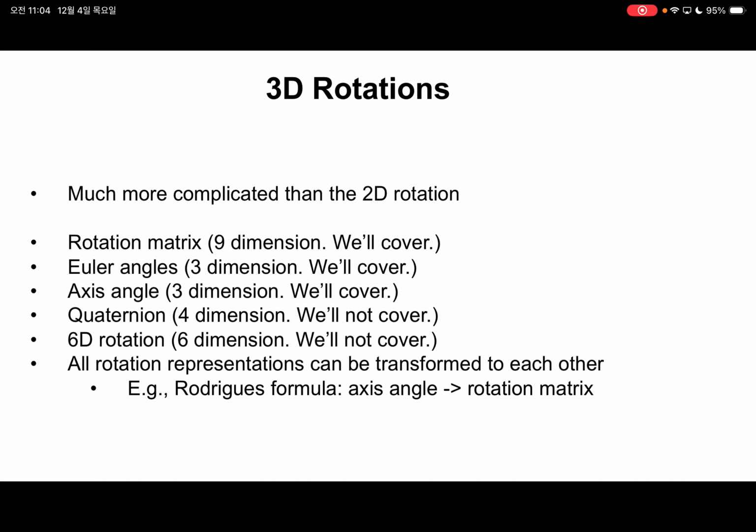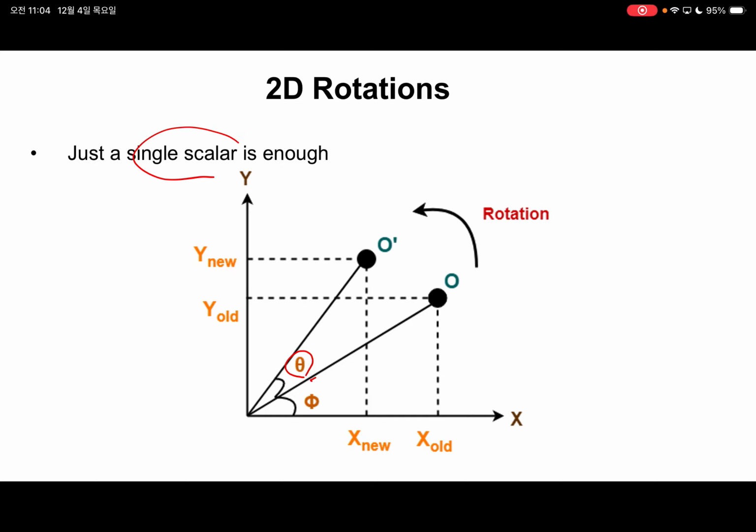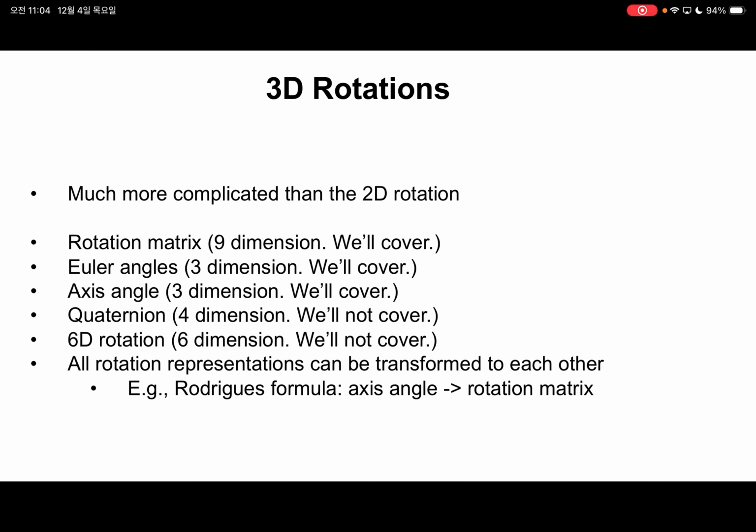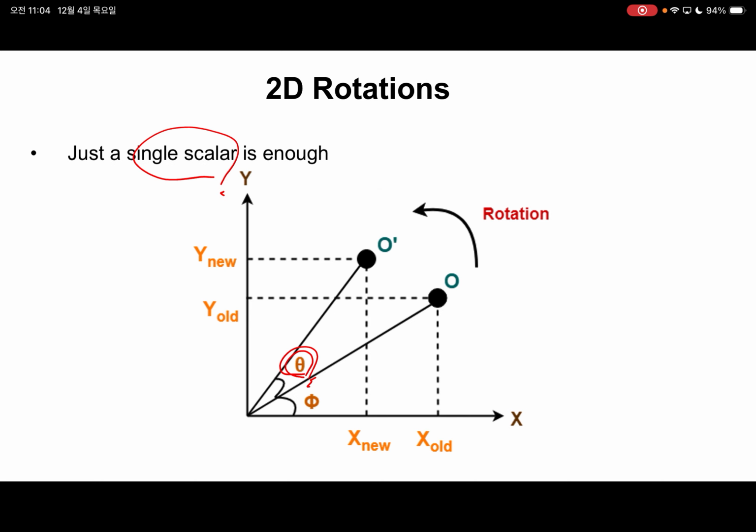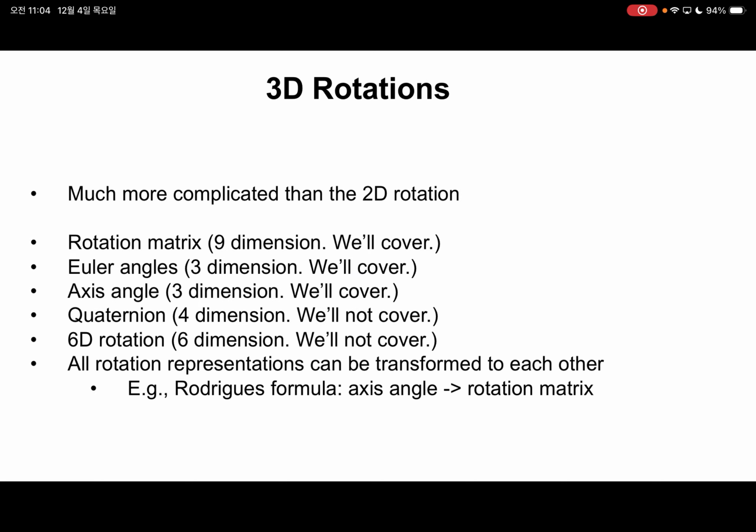And for the 2D rotation, we only use a single scalar to represent the rotation, right? We use just theta. For 3D rotation, there are many representations, unfortunately. It is also very similar to 2D and 3D image representation, right? In 2D, we only have image representation, but in 3D, we have mesh, volume, point cloud, implicit, or 3D Gaussian. We have lots of representations. It is very similar. For 2D rotation, just a single scalar, but for 3D rotation, we have lots of representations.